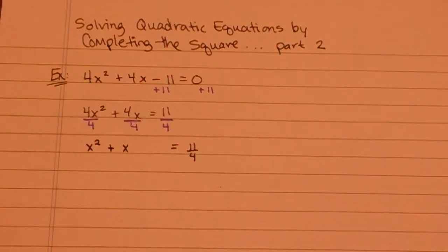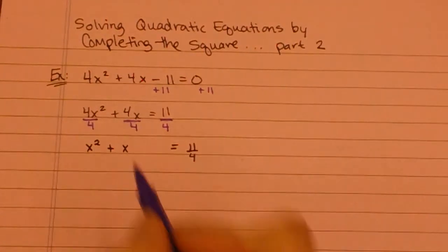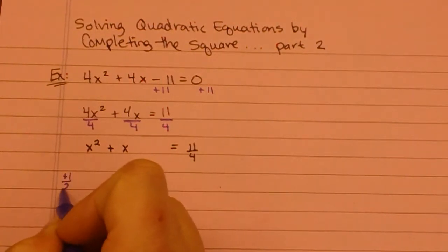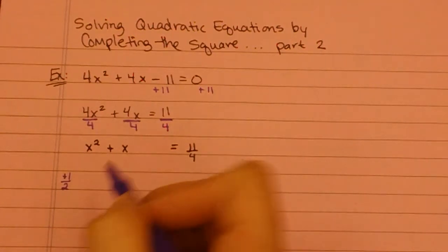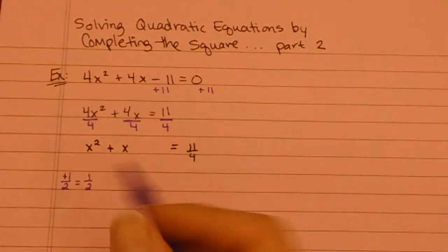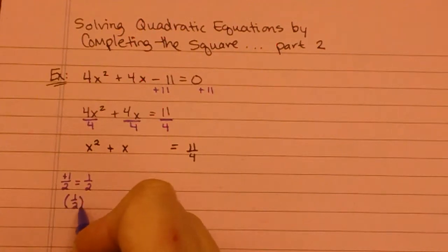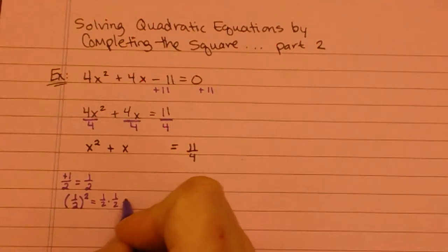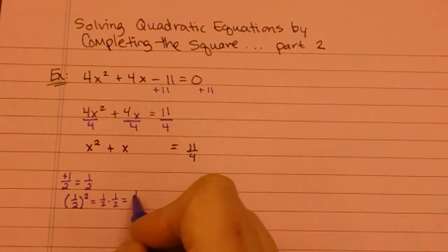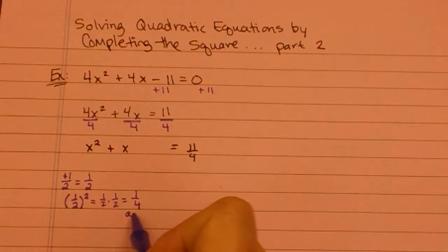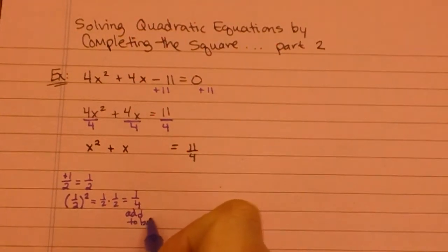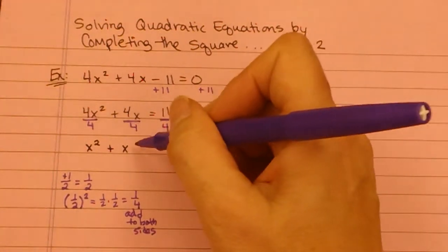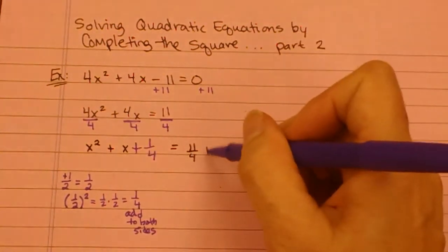The next step was to find b over 2. In this problem, b is 1. So I'm going to have positive 1 divided by 2, which is 1/2. And then I'm going to square 1/2. 1/2 squared is 1/2 times 1/2, which is 1/4. This is the number we're going to be adding to both sides. So I will add 1/4, add 1/4,